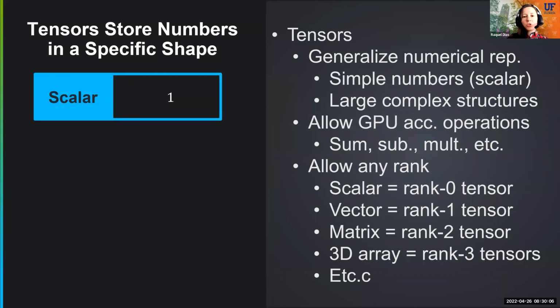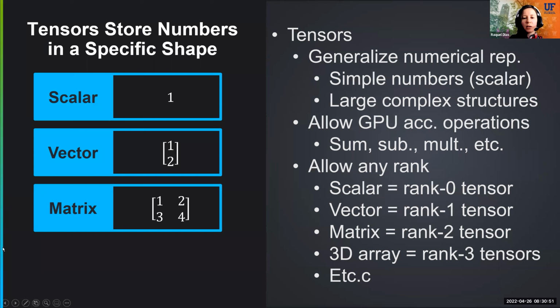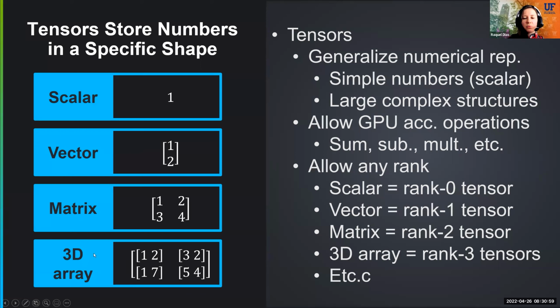Tensors are not just made to represent complex data sets. They are very flexible and they can generalize any numerical representation. Even a simple number, a scalar, like this example here, an integer, can be represented as a tensor. A vector as well, a small vector, a list, or a one-dimensional array can be converted into a tensor. A matrix as well can be converted to a tensor, and a three-dimensional array can be converted into a tensor as